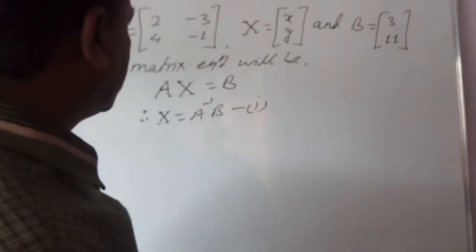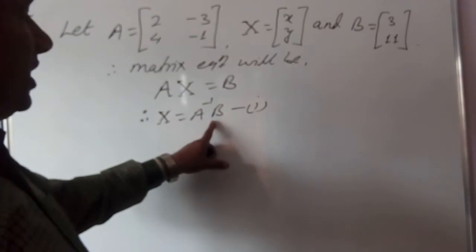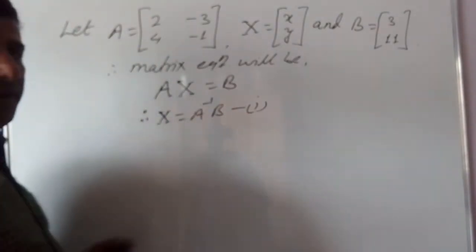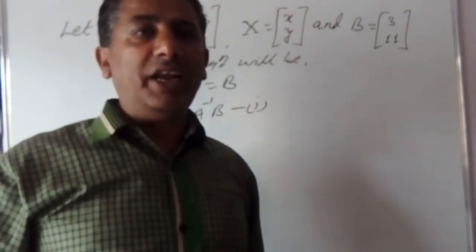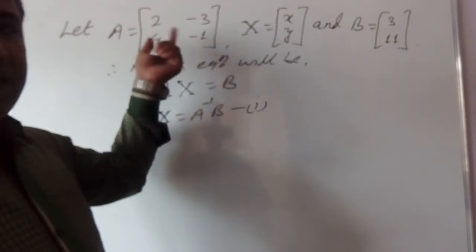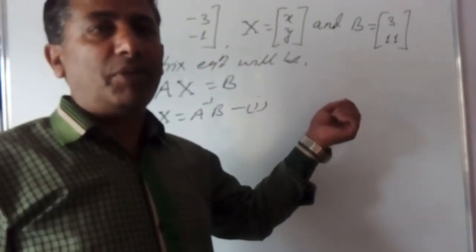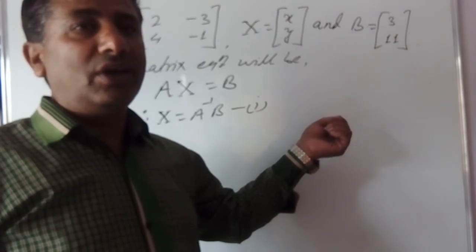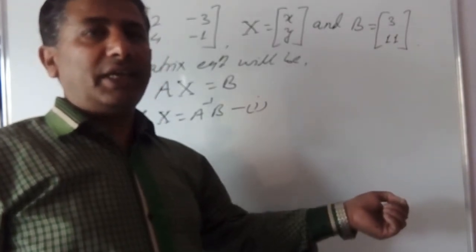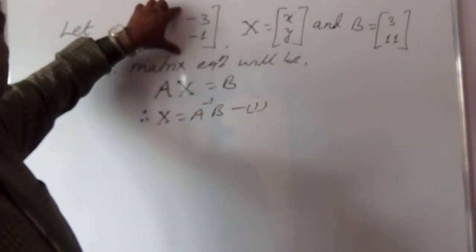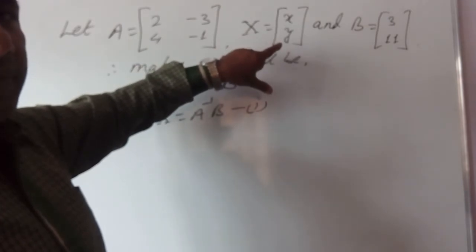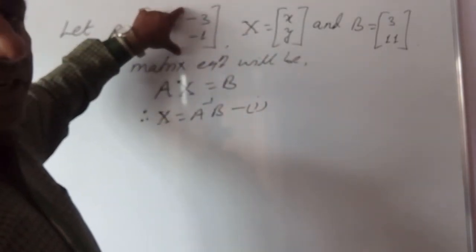Now, when we start the exercise, you can go like this. We have to find A inverse. How to find A inverse since A is given? To find A inverse, first we need to find its determinant. We have to check whether this matrix A is singular or non-singular, because only a non-singular matrix has an inverse. If the matrix is singular, then we cannot solve this equation by the matrix method, because the inverse does not exist.